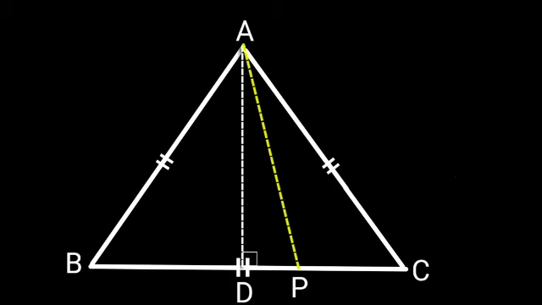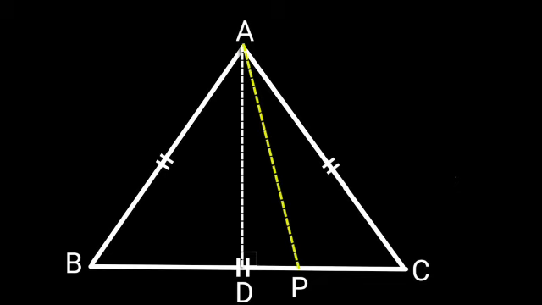Then we have taken point D such that D is a midpoint of BC. From this figure, if we join AP and AD,